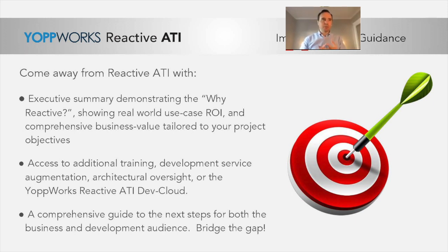And so, even if this is the first time you've ever heard of reactive or even of Lightbend technologies or anything like that, you kind of owe it to yourself to take a deep look at this reactive ATI process, just so that you can come up with an assessment for whether or not this is going to fit into your environment. And in the process,